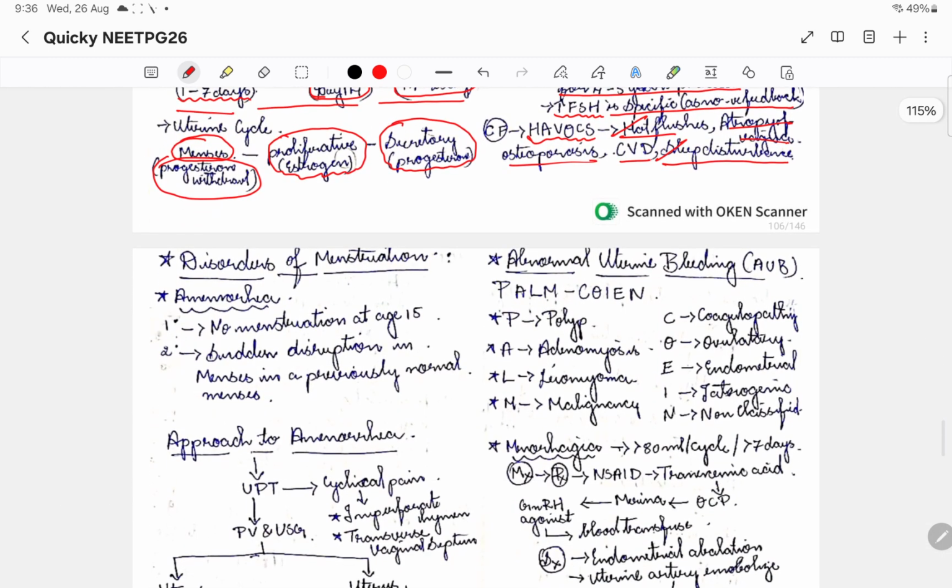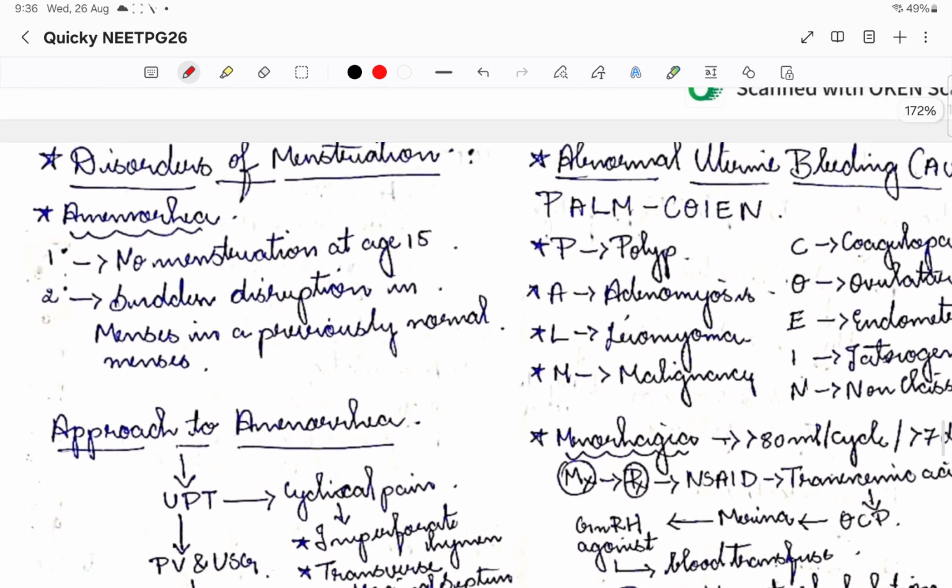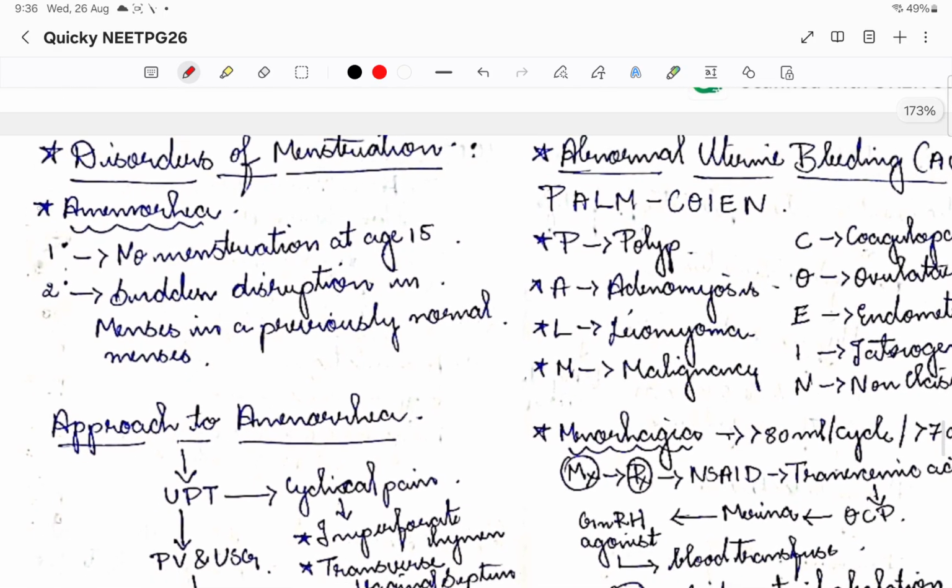So then moving on to the disorders of menstruation. Let us now discuss amenorrhea. Amenorrhea means there is no bleeding happening. There are two types: primary and secondary amenorrhea. Primary means there is no menstruation at all that has happened